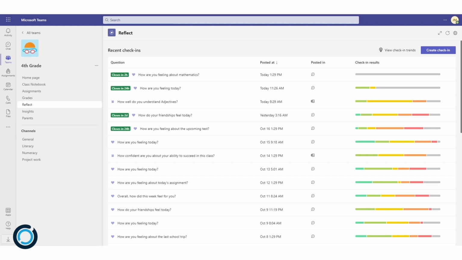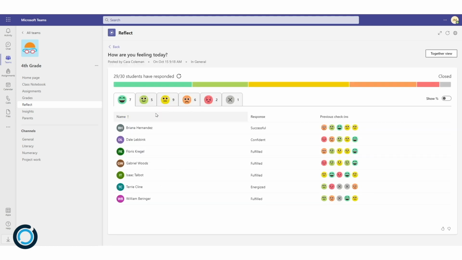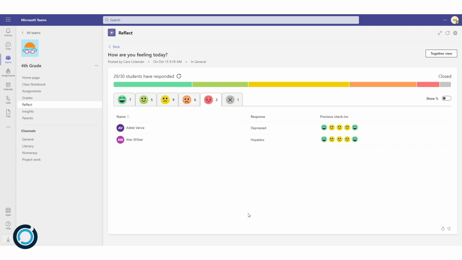Another really cool feature of Reflect is the ability that you have to drill down into the responses for a particular question. So I'm going to click on this how are you feeling today check-in from a couple of days ago, and you can see it brings up an overview of how the students are feeling. Some feeling inspired, proud. At the bottom end here, feeling a bit jealous, stressed. And if I click on those 2, you'll realize that I've actually got 2 students that are feeling pretty low,